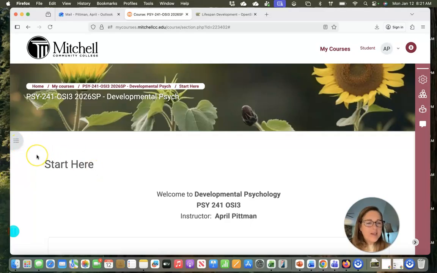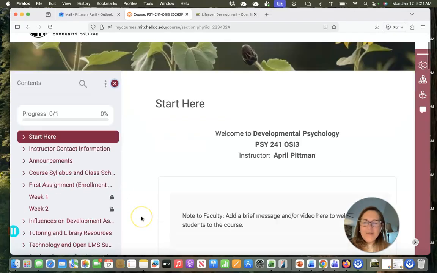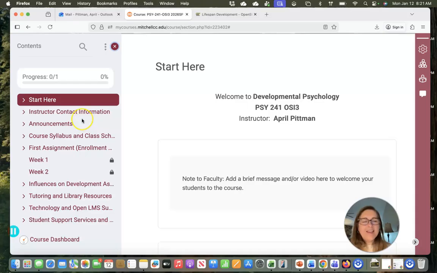So to begin with, you may not see the contents menu, but you can click on this little menu pop out and it will open up that contents menu for you. And again, this is how you'll navigate the course this semester. There are different content sections over here. Some of these are sort of introductory, standard sections, but then down here you get to the actual content sections